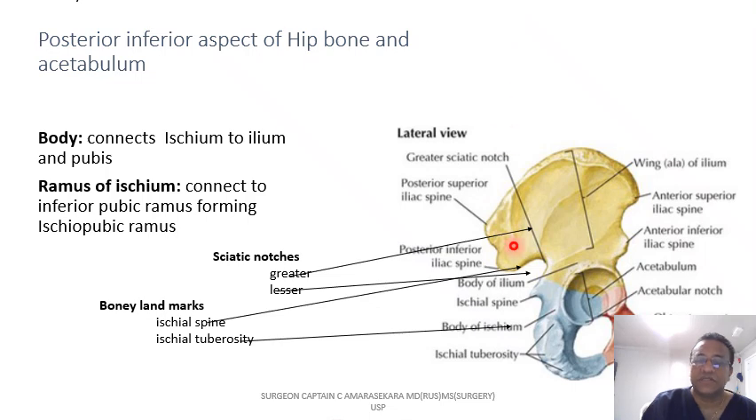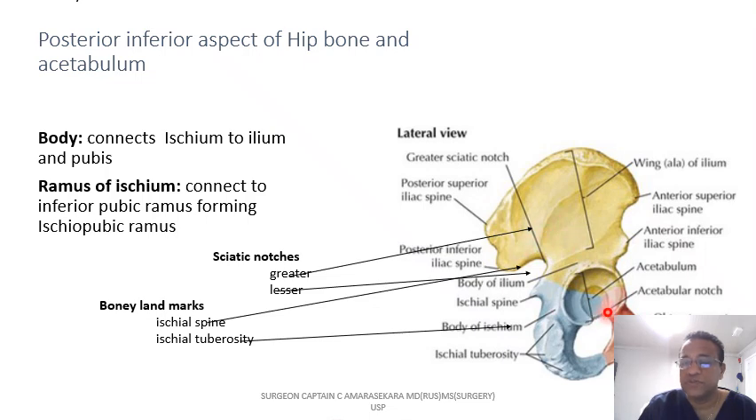And here you can note this ischial tuberosity. So it's a key weight bearing landmark. It anchors many muscles, especially hamstring muscles, and it's palpable in clinical examinations. And note how the body of ischium, see this is your body of ischium, it's seamlessly joined with the